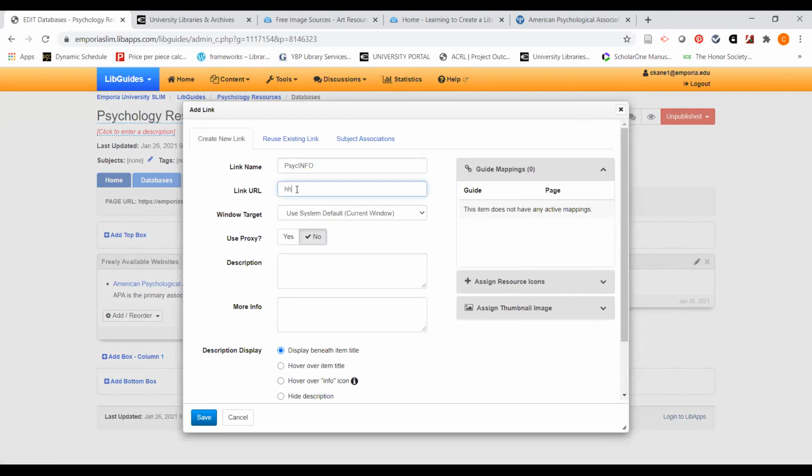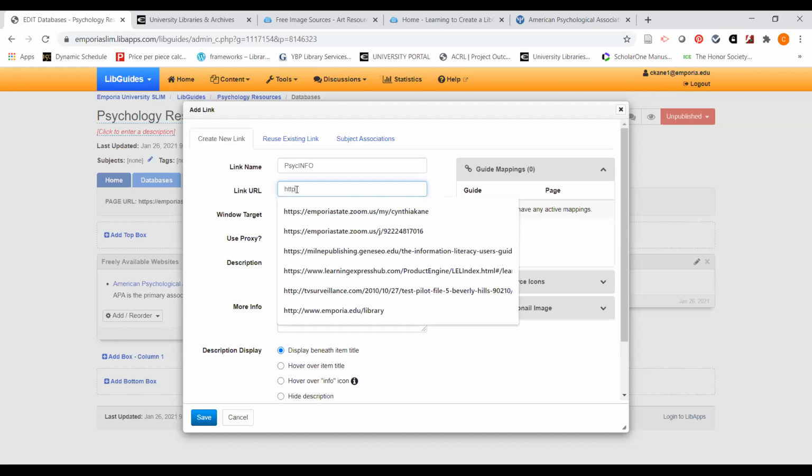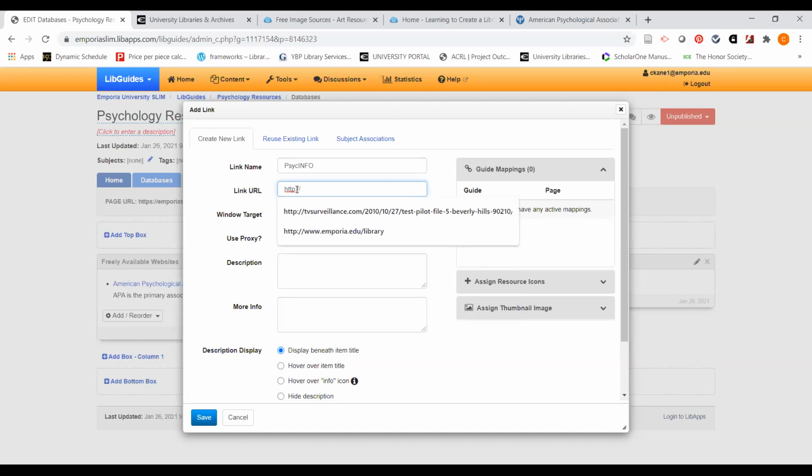I would recommend here adding just the library's address. I'm not linking directly to Psych Info because this is not going to work in the Slim LibGuide system. We'll put a proxy here. I could put a description of Psych Info, but then in the description, I could say